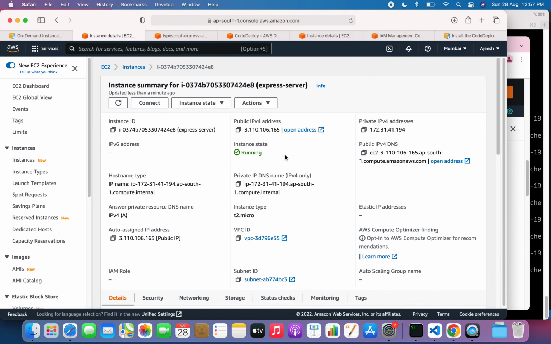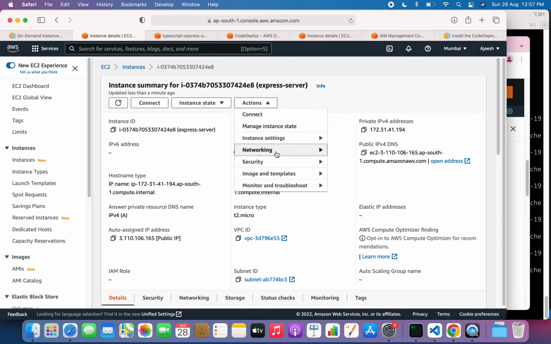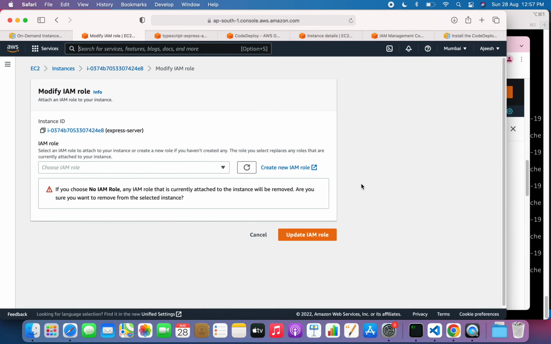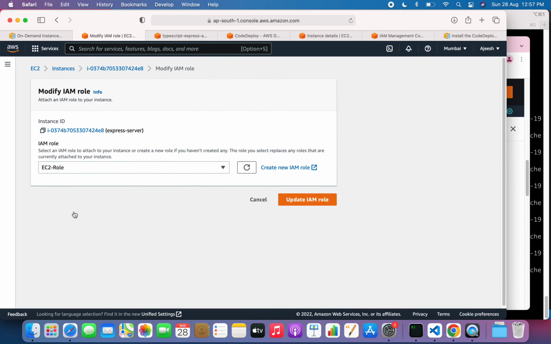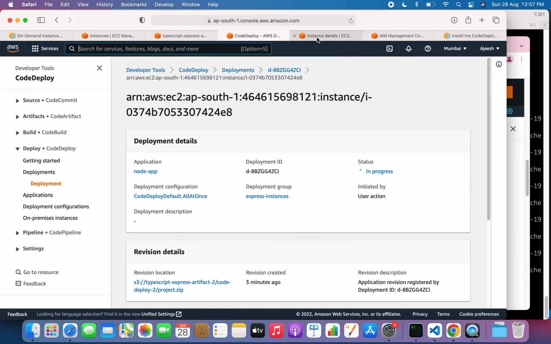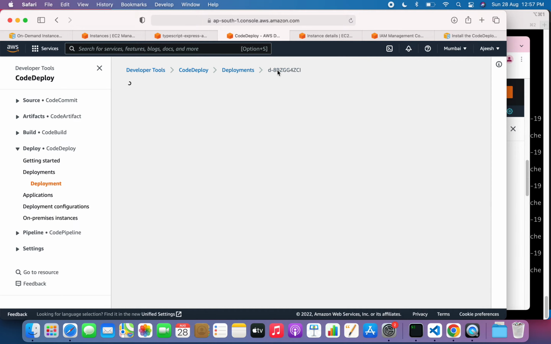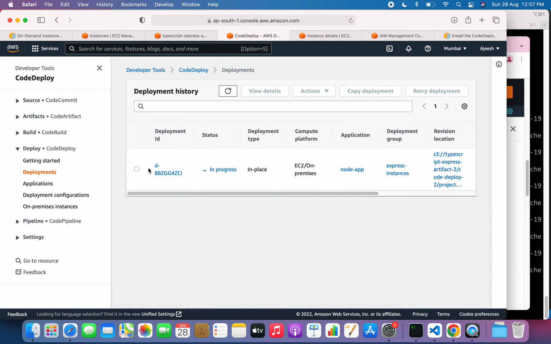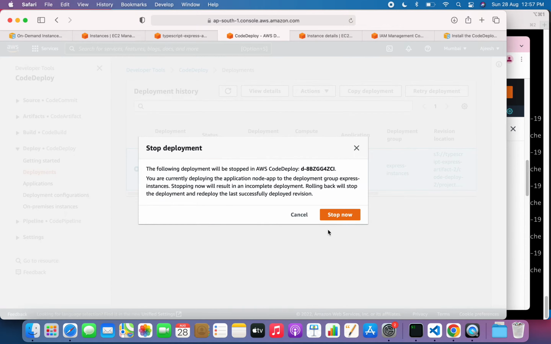So in our case, we have to assign the EC2 a role. So we have to go to the actions, and we have to go to the security and modify IAM role, and we have to choose the EC2 role. Right, we have assigned the role now. Now it still says pending. It's probably going to fail after some time, so nothing to worry here. And let's see if we can cancel. Yeah, we can stop this deployment,